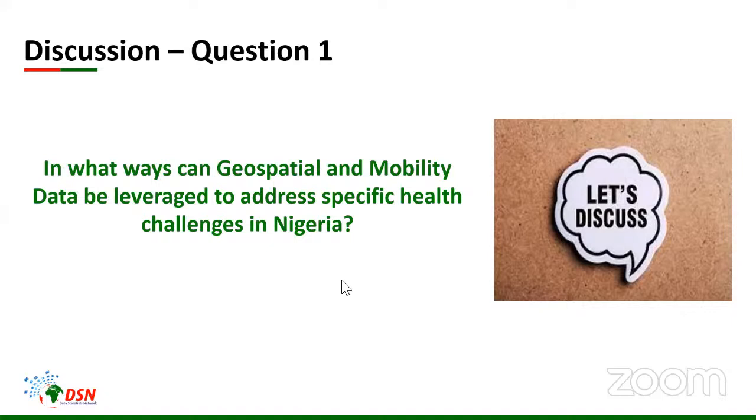There are a world of areas where geospatial mapping and mobility data can be used to help in the public health sector. A very good example was in the time of COVID-19. We saw how AI and data science was used to practically show us how COVID was spreading by the second. We could see data online on CNN and all the other major networks where you get the numbers dropping by the second. That's AI. It shows how many people die, get infected, and recover. That's how we can help with planning. It also showed how